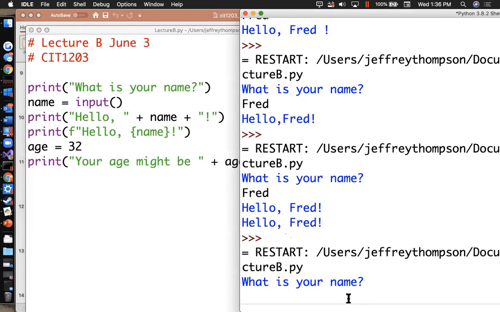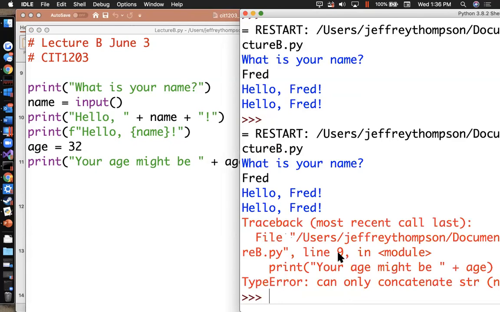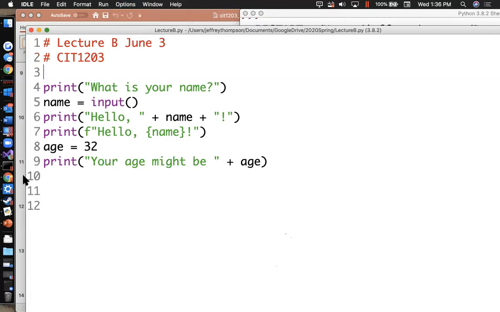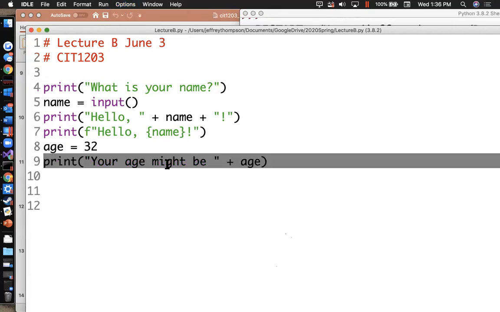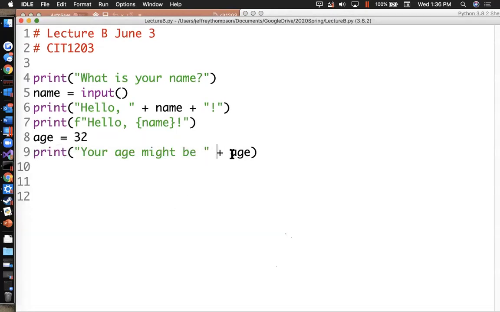Of course, it doesn't tell me that until I actually start running it. And then boom, it blows up. Line 9. Oh, line 9 had a problem. Okay. I'm going to go over here and enable line numbers so that I can figure out where line 9 is. So I'm going to go to Options, Show Line Numbers. And sure enough, that's the problem. The problem is that you cannot add words to a number. You can add numbers to numbers and you can add words to words, but